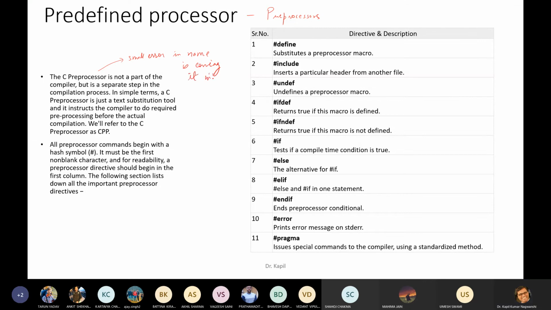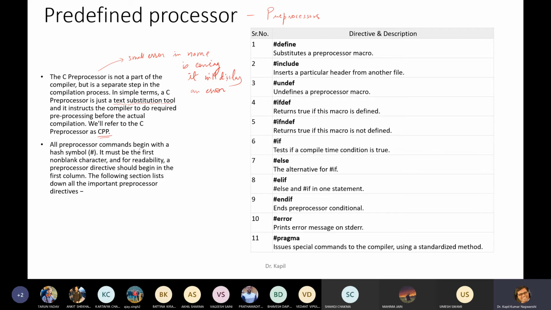In simple terms, a C preprocessor is just a text substitution tool, and it instructs the compiler to do the required pre-processing before the actual compilation. So we will refer to the C preprocessor as CPP.